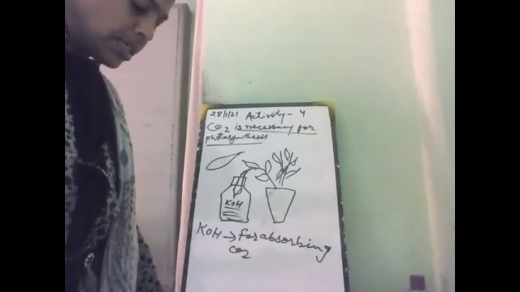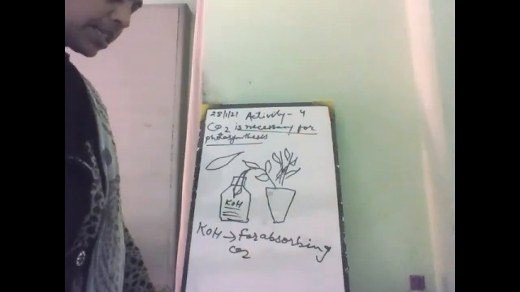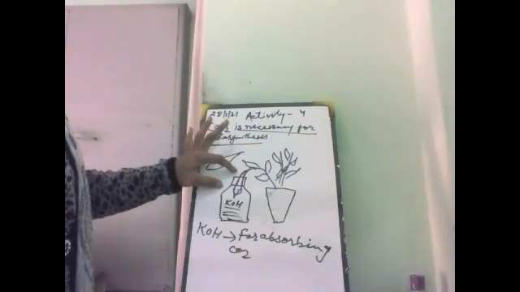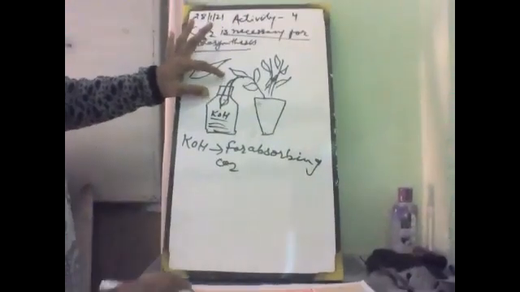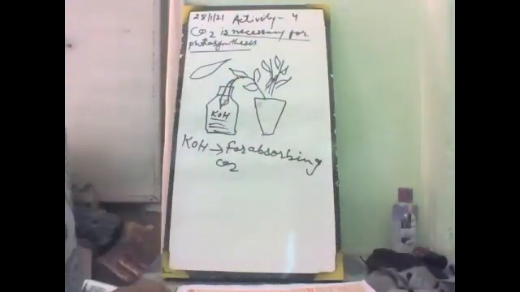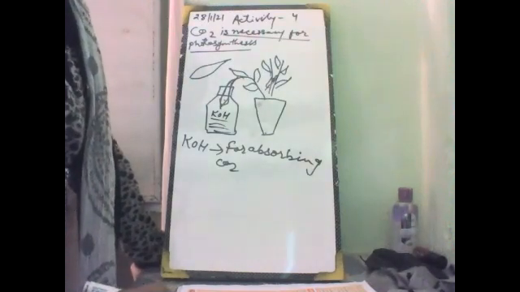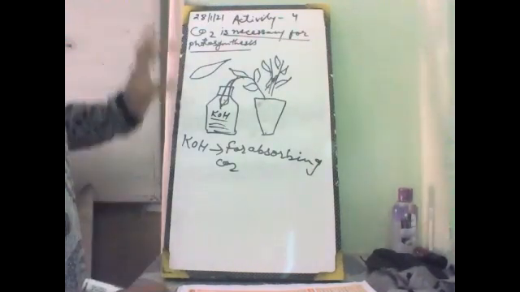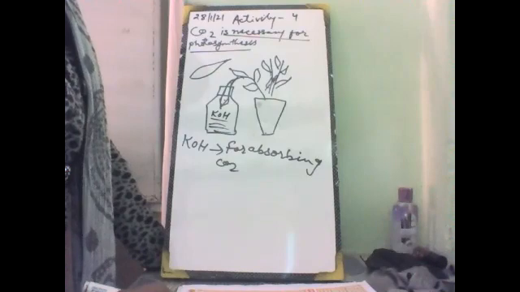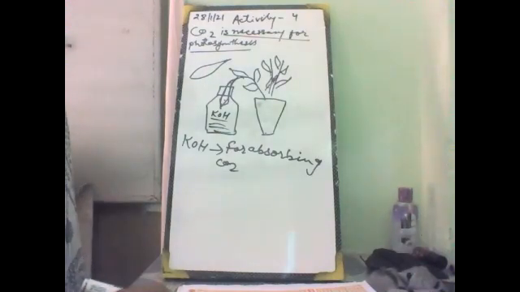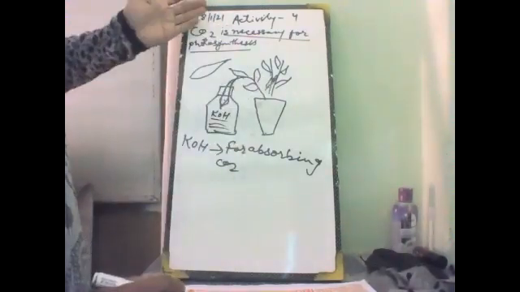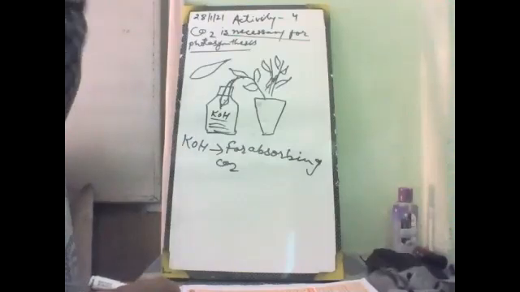Insert the destarched leaf that is still attached to the plant. It means it has not prepared food for 2-3 days, and we put it in the bottle having potassium hydroxide to absorb the carbon dioxide present in the bottle. The upper half of the leaf should remain outside of the glass bottle, and the lower half of the leaf should be inside the bottle.